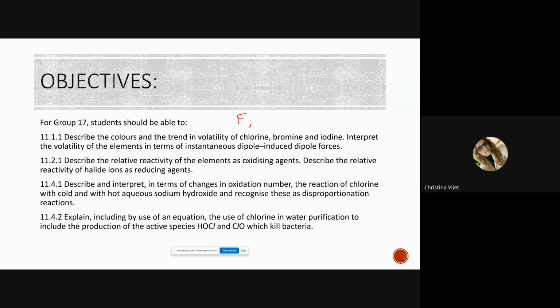Chlorine, bromine, and iodine. These are very famous elements. We're going to have to learn all about the halogens today. Specifically, what they want us to know is their colors,